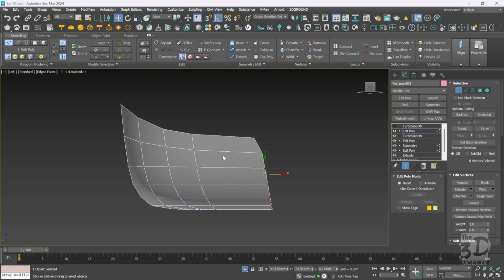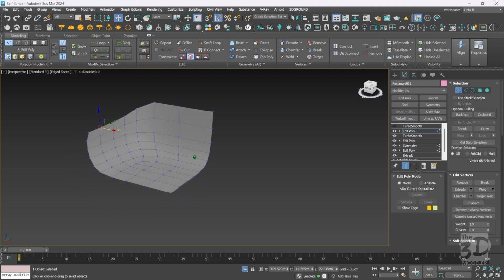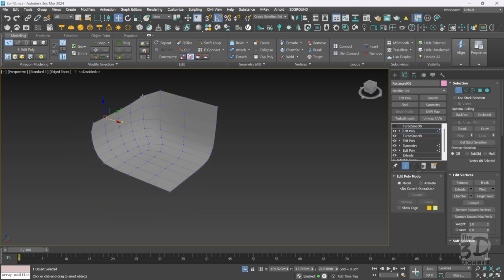And we will add an extra edge loop in this area here using the swift loop option while pressing shift to preserve the curvature of our object. Then let's go to the vertex mode and enable constraint to edge, and let's adjust the position of this vertex here. Now to the perspective view, and as you can see, I want a uniform flow of vertices across